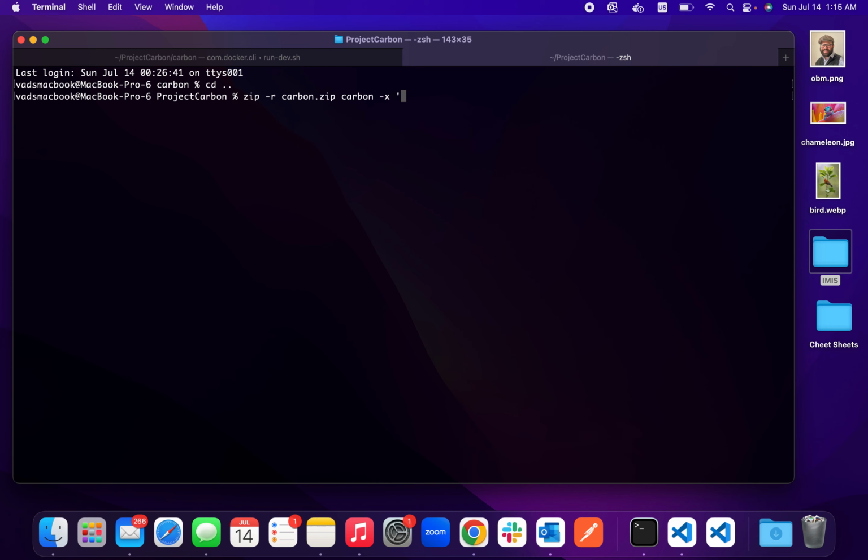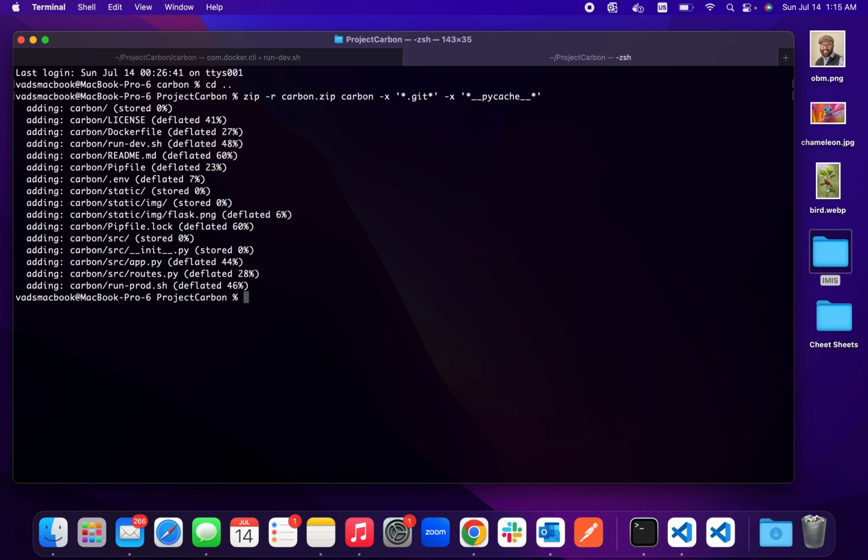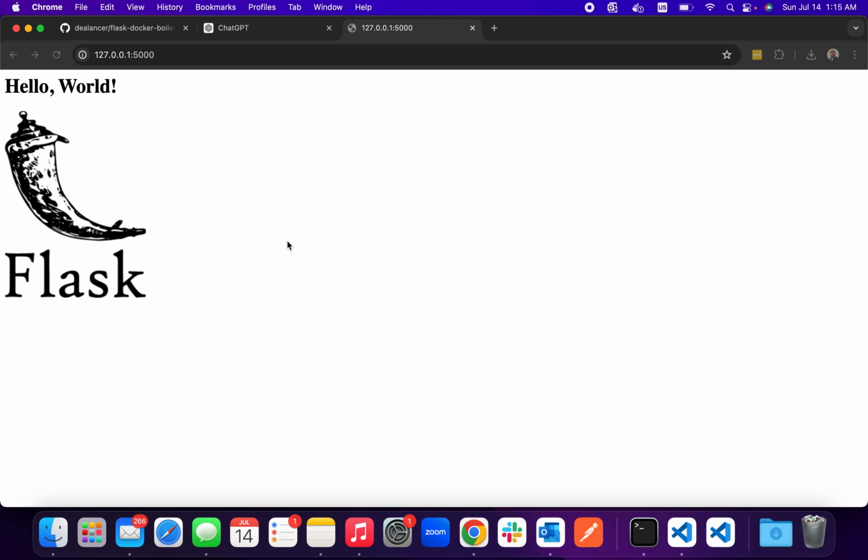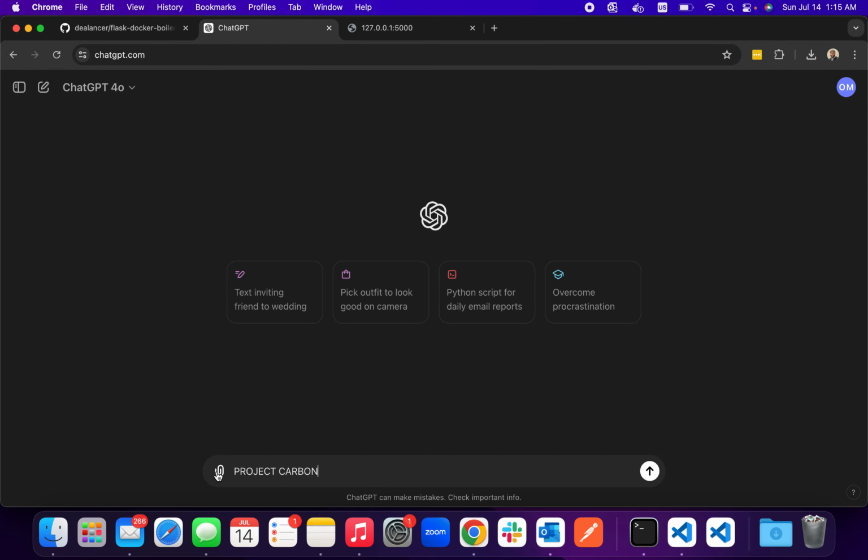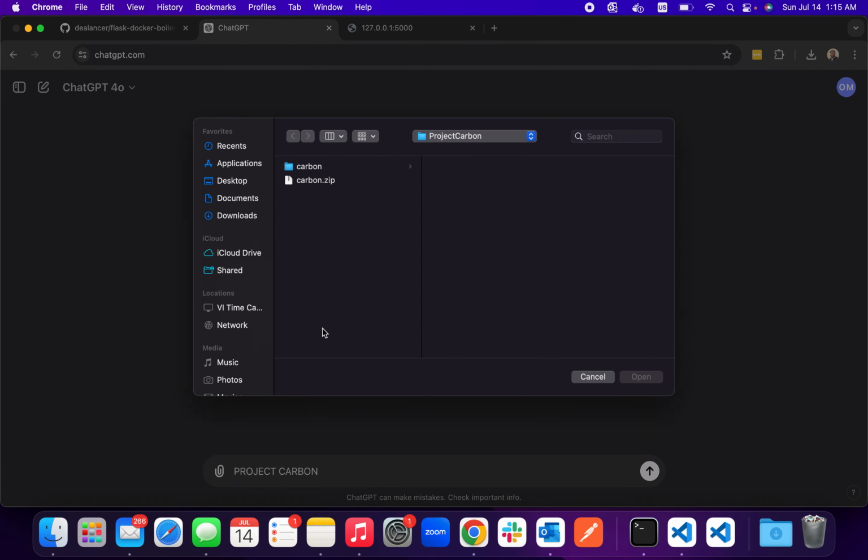We're gonna exclude some of the Git folders as well as some cache folders because we don't need to upload extra data to ChatGPT. Alright, we have zipped our project, and now let's upload from my computer,